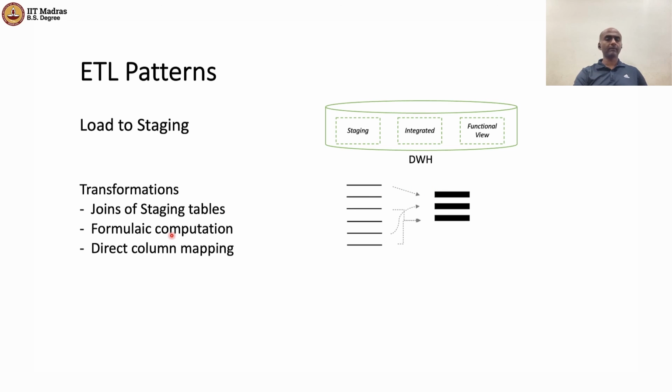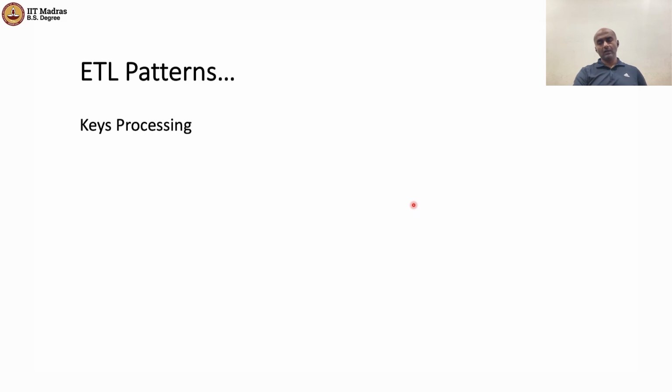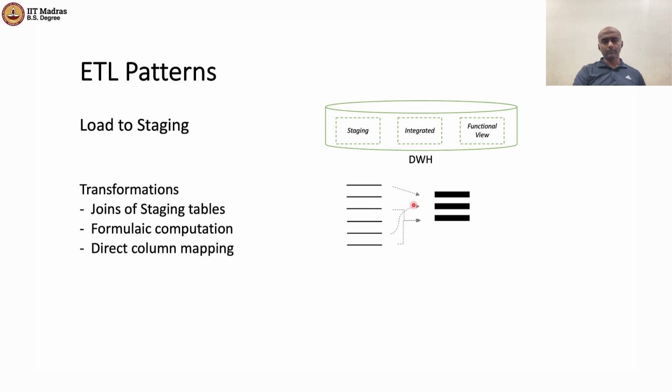And when we bring it all together, we need access to these kinds of standard transformations, like the joins that are depicted here, direct column mapping, and some of it is indirect through formulas. Like all of this is what we need typically. So when you choose a technology for ETL, make sure that you get these flexibilities in play. And it sounds so obvious when you state it like this, but you'll be surprised at some of the choices that people make when ETL gets chosen. You do have a lack of flexibility in some of the technologies that you might see in the market. Alright, so before we go to keys processing, I'll just